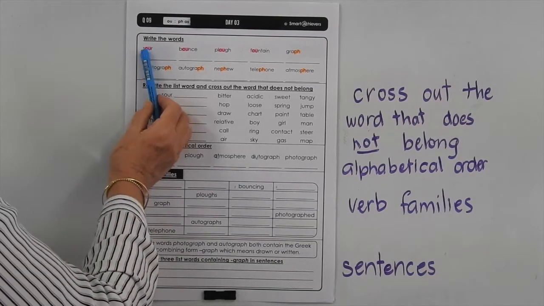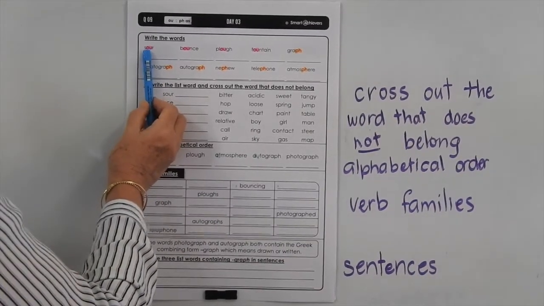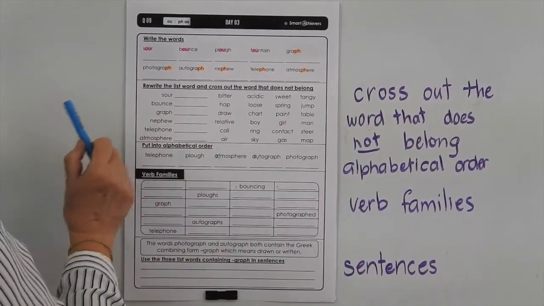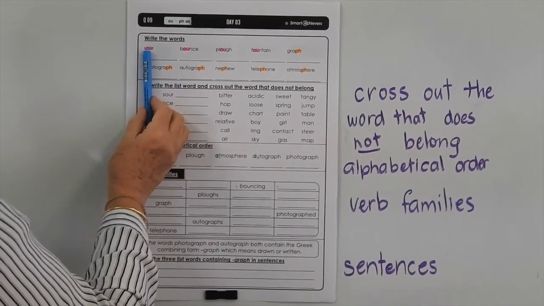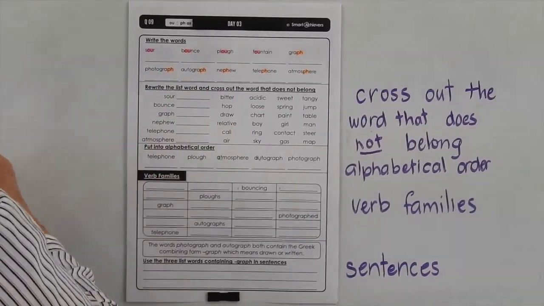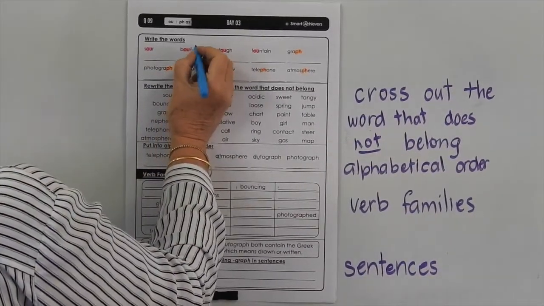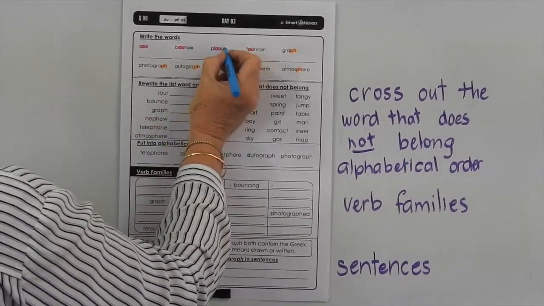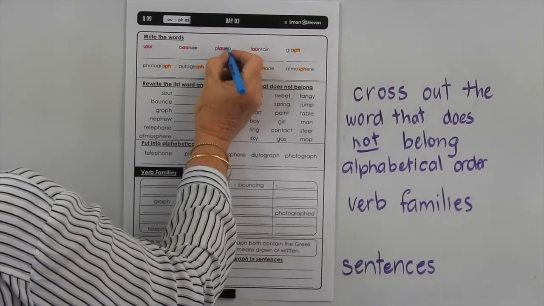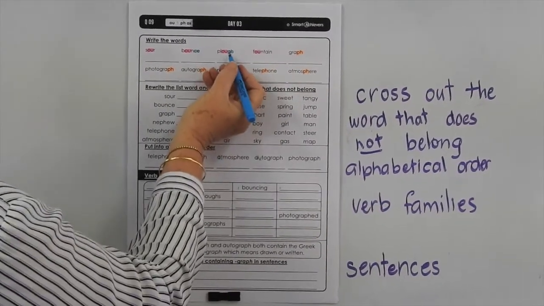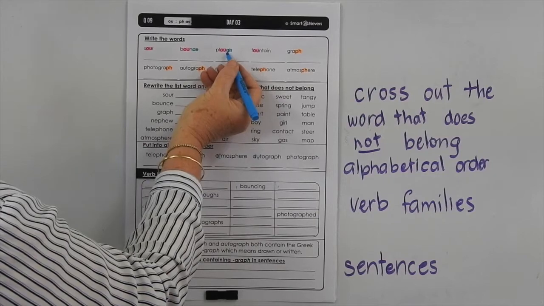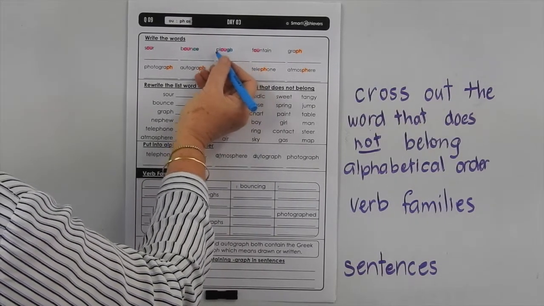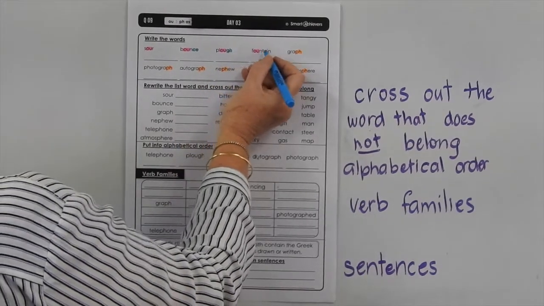In these words, the OU is making the owl sound, as in sour, bounce, plough and fountain. You have learnt this sound before and this representation of it, but these words are a little bit harder. So in bounce you've also got to look at the CE at the end of a word, which commonly makes that sound. You've got the silent GH at the end that we can't make. That is quite a guttural sound that is difficult for us to mouth. So that's probably an old Germanic word.